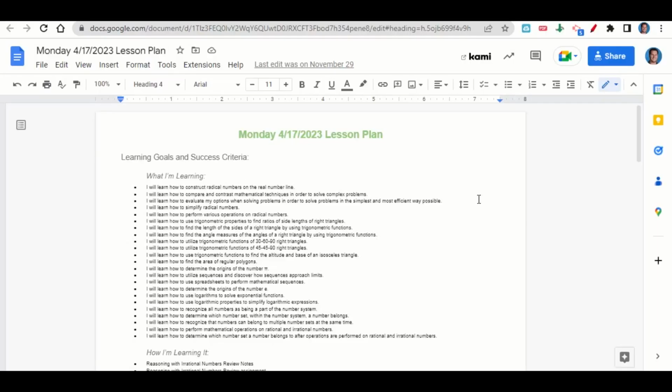Welcome everyone. Let's begin our lesson for today by going over the learning goals and success criteria. First, what are we learning? We're learning how to construct radical numbers on the real number line, how to compare and contrast mathematical techniques in